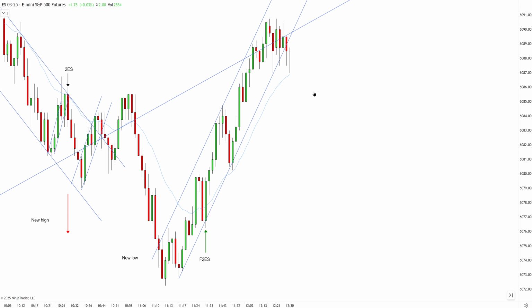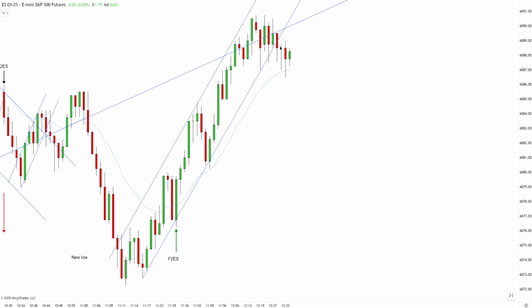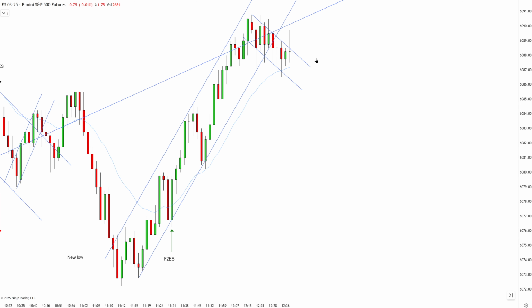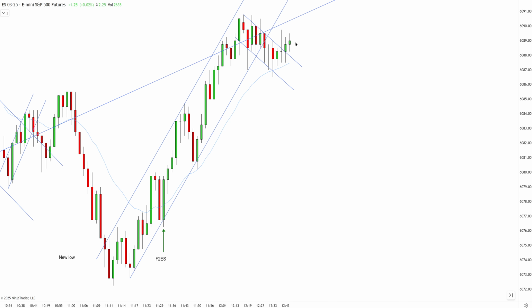Can I get a second entry long at the EMA? No, you have a second entry long here, of course, so far from the EMA, and the downtrend is still in play, so I can't take that. Not even at the EMA. Downtrend still in play. Okay, we're closing outside, so I'm considering potential high low. Why am I thinking about high low? Well, because two trends now need to get a new high. This one, the big one, and also while we're going sideways, we have small support established.